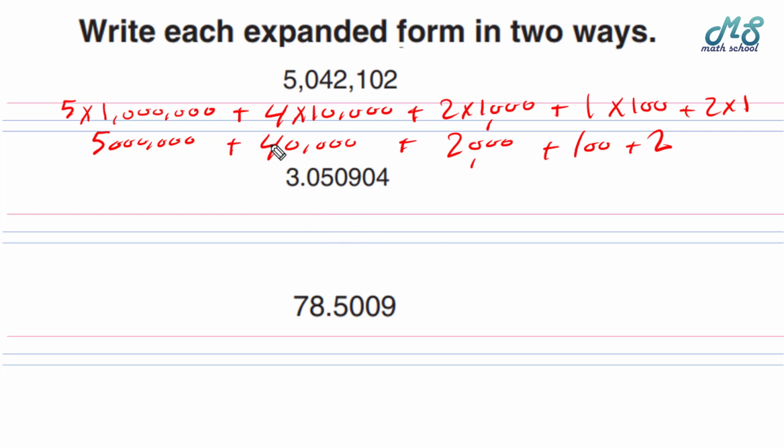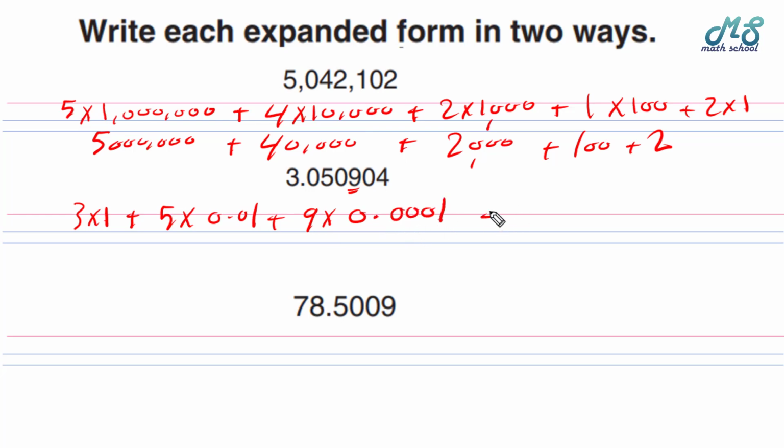Next, we have decimal number. 3 in ones place, its value is equal to 3 times 1. Plus 5 in hundredths place, its value is equal to 5 times 0.01. Next, 9 in 10,000ths place, the fourth digit to the right of the point. So its value is equal to 9 times